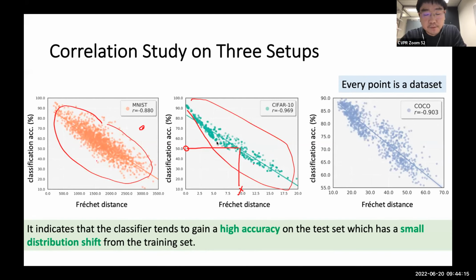Another question is, is the feature distance measured in the image domain or some feature domain? Yeah, we are using the feature domain. So we use the classifier to extract features for every image in the data set. So the feature distance is computed based on the image features.